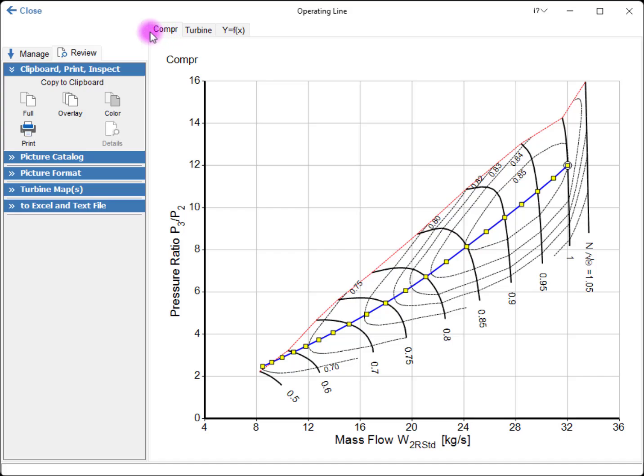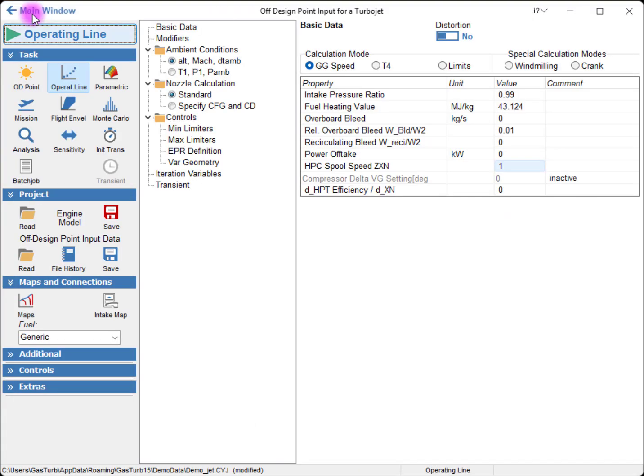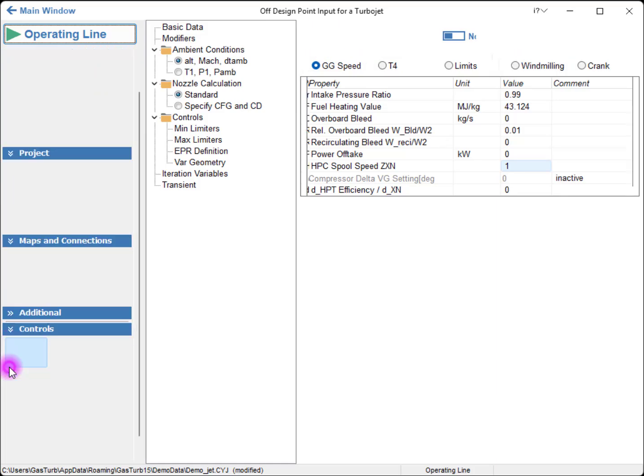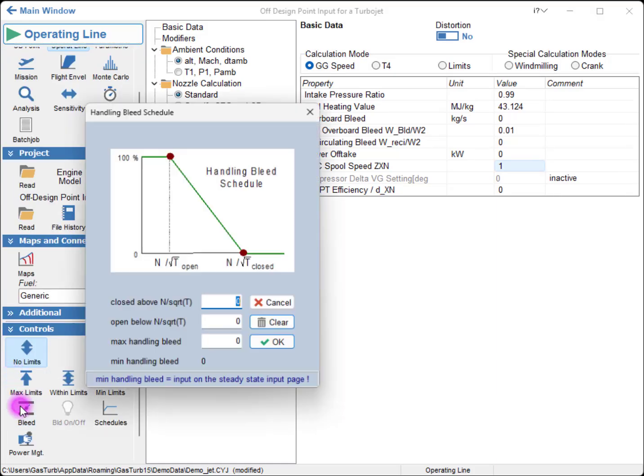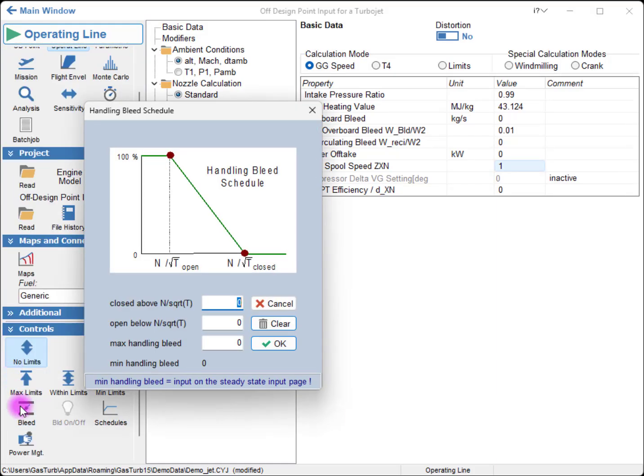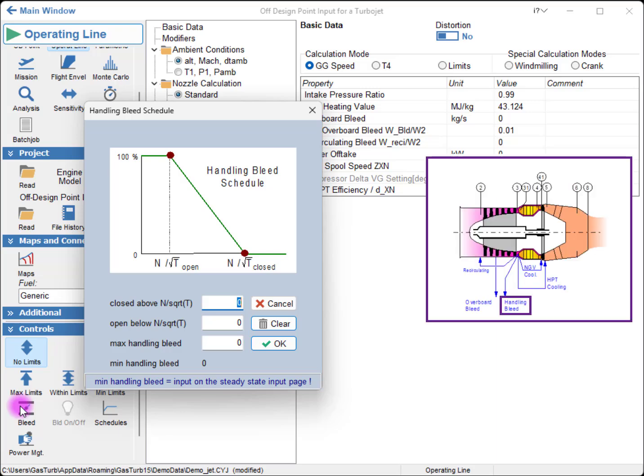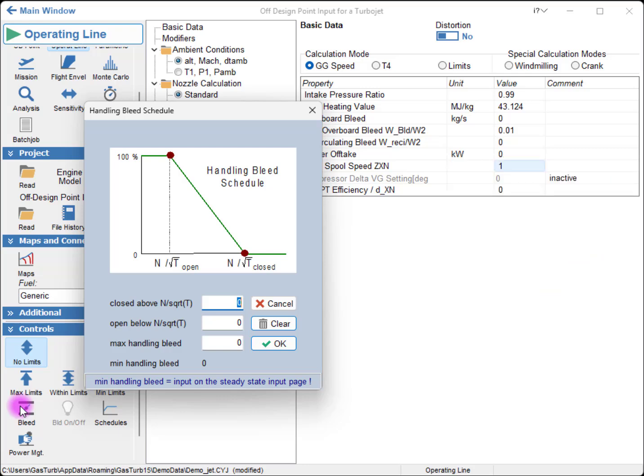For that, we return to the Input Data window. We click on Controls and select Bleed. The Handling Bleed Schedule window opens. Using a bleed, a portion of the compressed air is blown off in order to lower the operating line of the compressor. We define that the handling bleed is closed above a relative spool speed of 0.8 and fully open below a relative spool speed of 0.6.